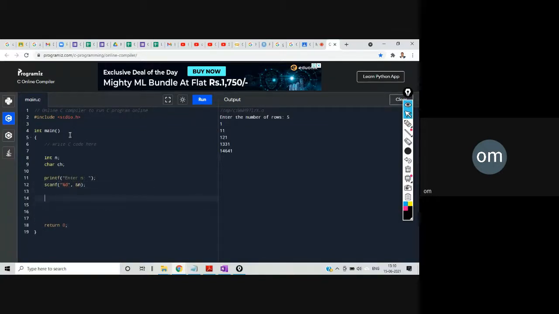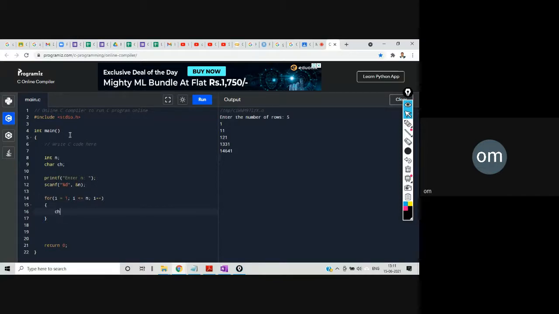Then I'll write for i equal to 1, i less than or equal to n, i plus plus.